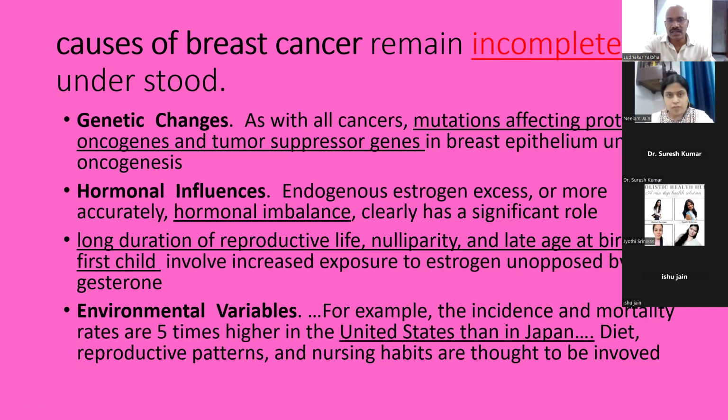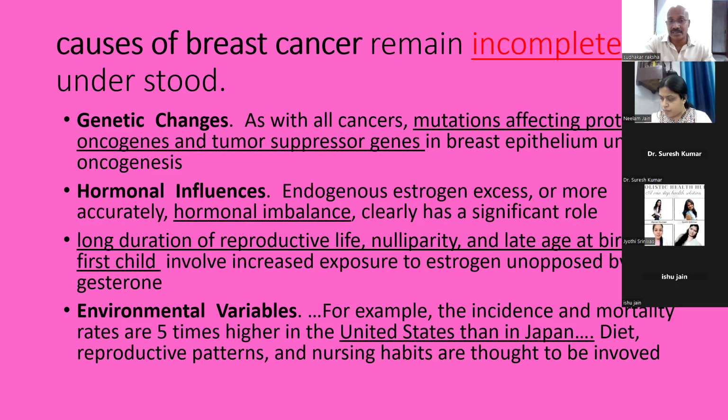Oncogenes are the genes which cause cancer. Activation of the oncogenes will lead to cancer. Tumor suppressor genes apply brakes to the cell cycle. The cell cycle is going on. Normally the tumor suppressor genes apply brakes to the cell cycle. But when there is inactivation of the tumor suppressor genes, there is a failure of the brakes and the cells continue to divide. So then there is a tumor formation.